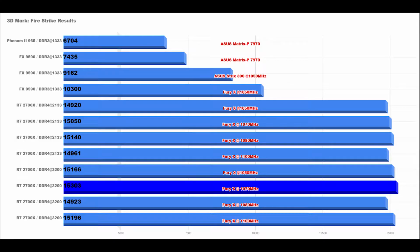The general consensus online is there's not a ton of room for overclocking on the Fury X. However, you can still make some modest gains. So if I take it from 1050 to 1070, I can get the best score I've gotten on Firestrike so far of 15,303. Curiously though, if I push it a little farther to 1080 or 1100 megahertz, I get a